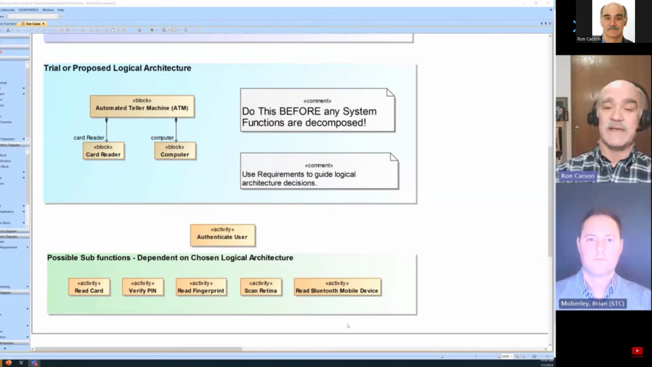and its associated requirements. Because if the bank, for example, is receiving the scanned fingerprint and making the authentication decision, then the input back to the ATM is a yes or no: yes, the user is valid. That's a different input and a different function and a different requirement than if the bank just sends back the recorded fingerprint and the ATM